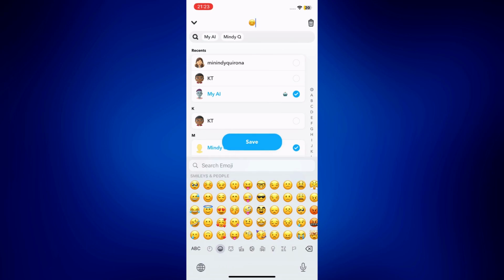And before you click on save, let me just tell you as well that you can delete the shortcut by tapping on the garbage can or trash can icon at the right top corner of this screen or of this page. But once you're happy with all of the edits you've made, just tap on save,